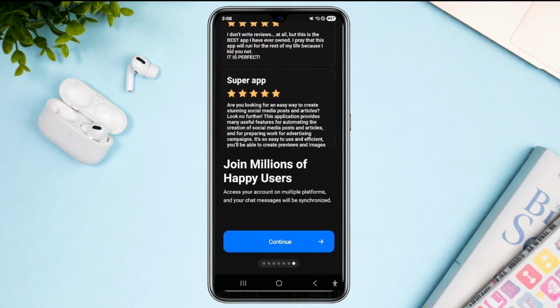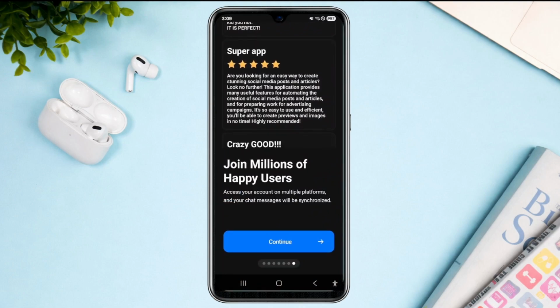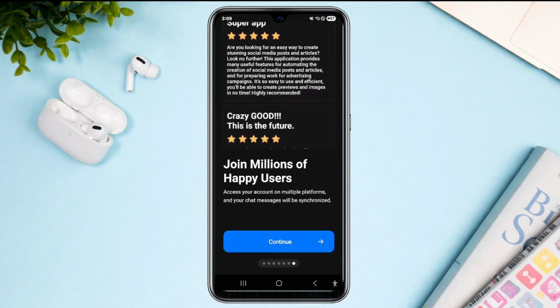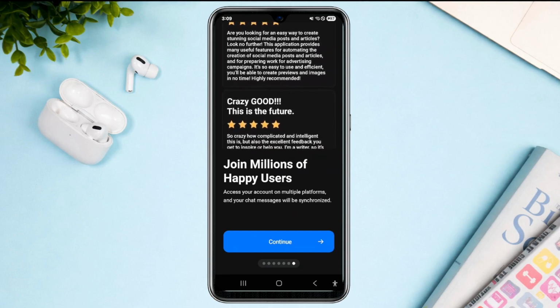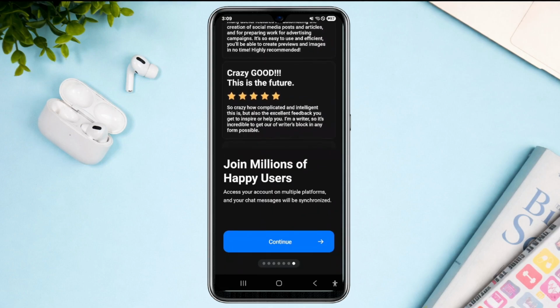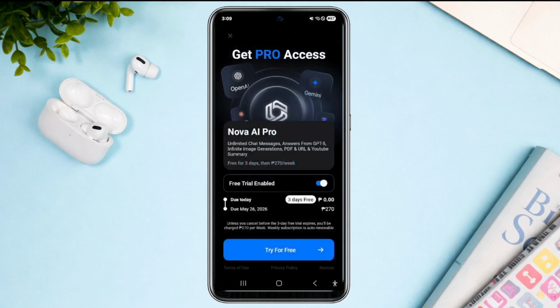Now, Nova AI is actually a cross-platform AI chatbot and virtual assistant powered by advanced language models like OpenAI's GPT and DeepSeek. To get started, just choose continue or simply follow the on-screen prompts for you to be able to get into the